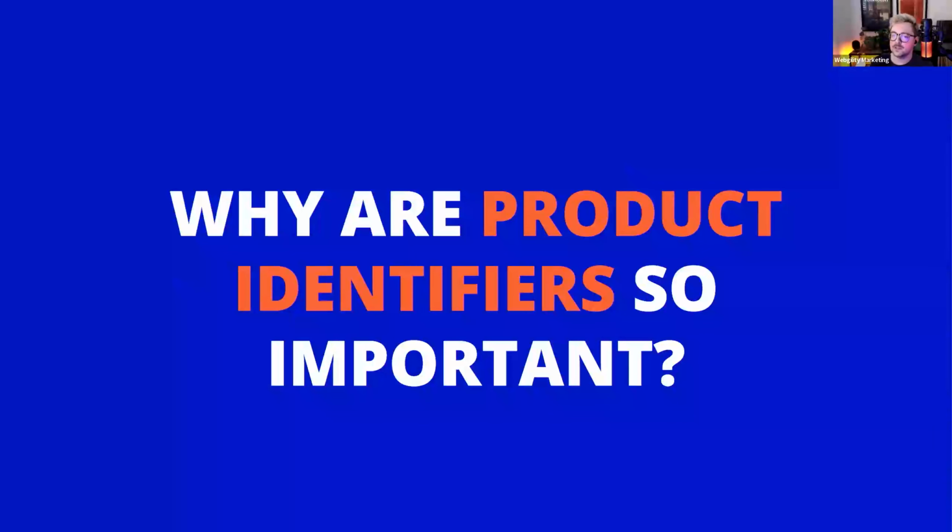But ultimately, the goal here is that you're stamping a unique code or a unique number or word directly onto every one of your products so that you can tell it apart from one another, right? That's a pretty simple concept, and I know everybody here probably knows exactly what I'm talking about. The one thing that we want to stress at Webgility is that the product identifier is probably the most important